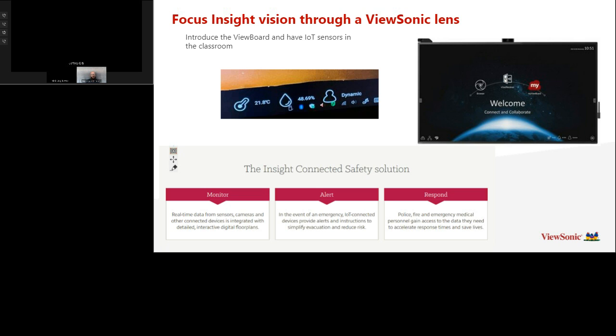You also have the ability to push out whatever detail. So think about this. When Insight provided that solution to the school district, they went those extra steps of having the IoT sensors, then having the devices, and how do you manage that? How do you see that? And you're incorporating Azure, or you're incorporating Intel Unite at that point in time. Now you actually have that on the panel itself. That can reside in the classroom, or this can reside at the administration level.